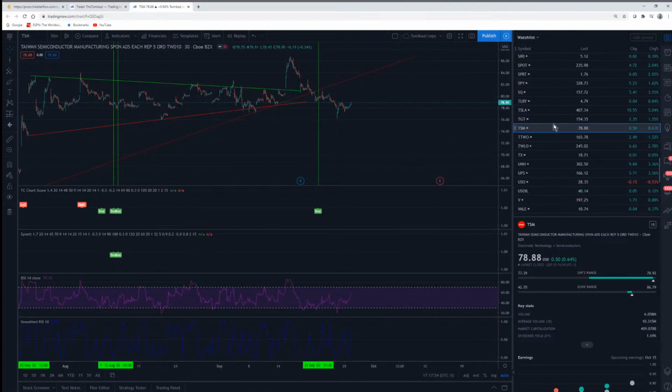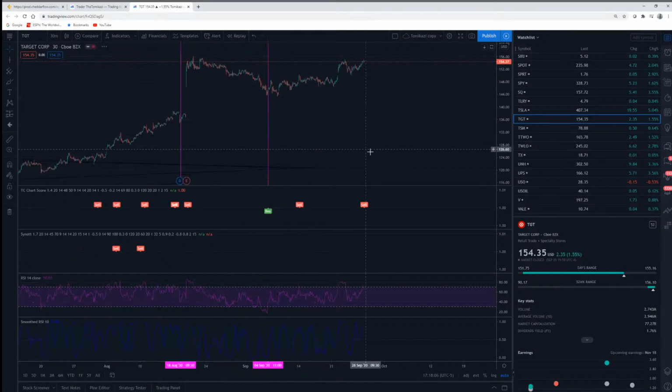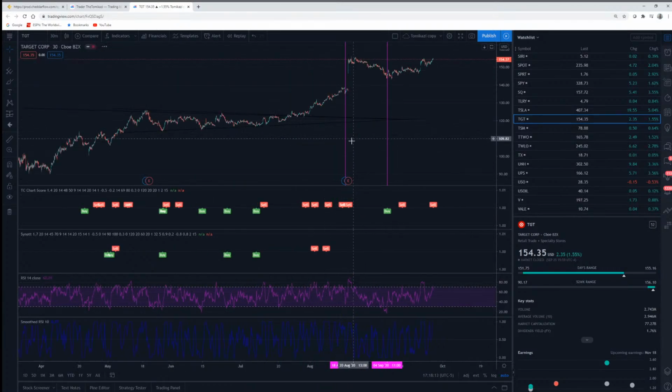So, let's look at a couple more, see what Target looks like. Looks like I might have done Target already. That's a good one on Target. Got you a sell signal last tick of the day. Careful. There. There. There. Yeah, that's good. That necessarily wasn't, but